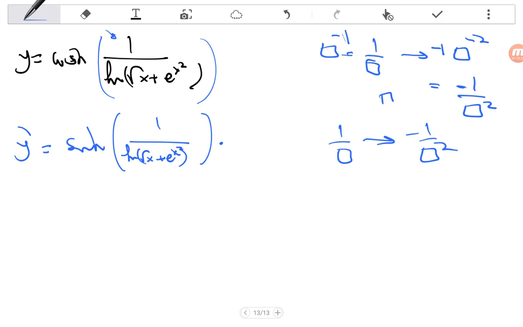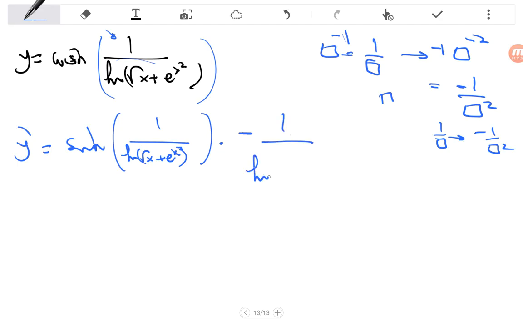What is the outer function in this case? Would it be ln? No, it is not ln. What is the outer function in this case? It is 1 over something. It is all that power negative 1. So, what would I multiply it by? I just told you that for 1 over something, the derivative is negative 1 over that something squared. So the derivative is minus 1 over that ln